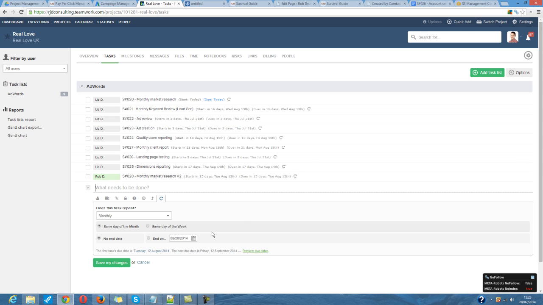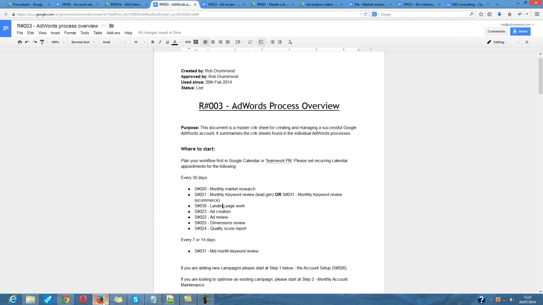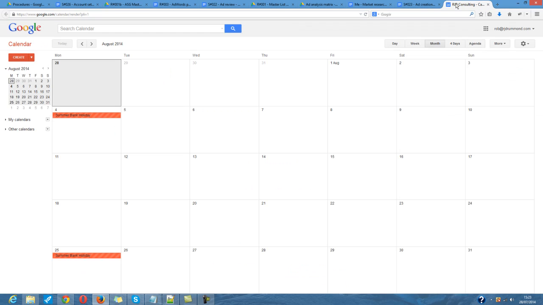If you're going to be doing all the work yourself, it's perfectly acceptable just to use a Google Calendar or an Outlook calendar or whatever you normally use to schedule appointments. So again, spread them throughout the month and then just set calendar appointments and make sure they're named the same as the process. So monthly